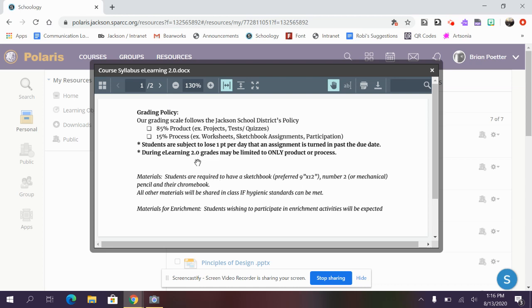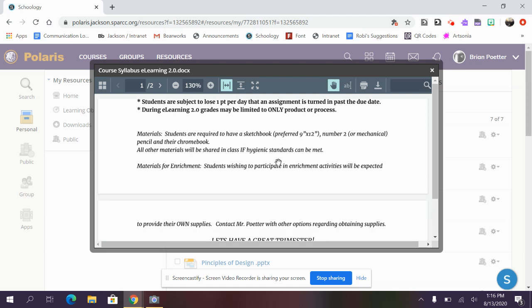If you miss a day, so if you're actually sick and you have an excused absence, then you will be given that amount of days to make up your missing work. So if you miss 2 days due to an illness, then you will have 2 days to make up the work penalty free. All right, let's go down here to materials, and then I'm going to end this video